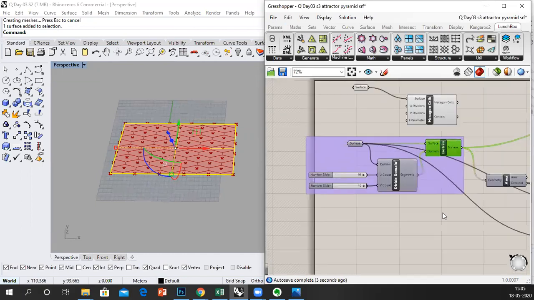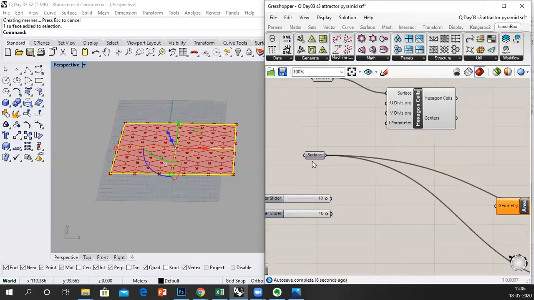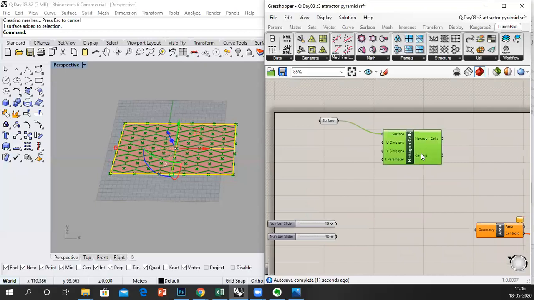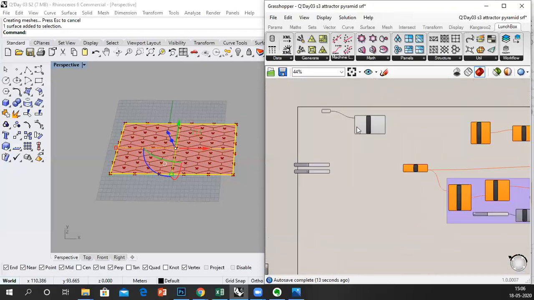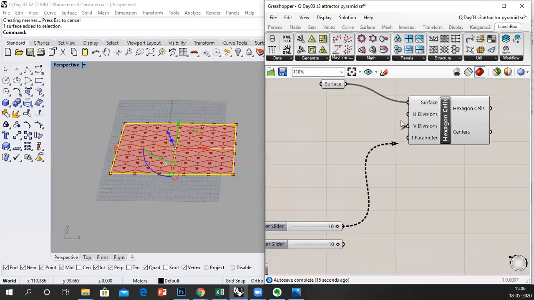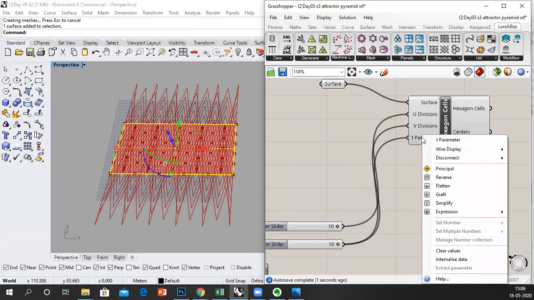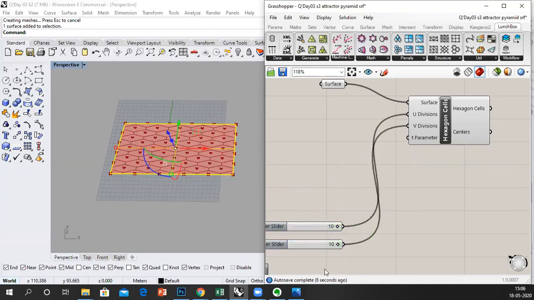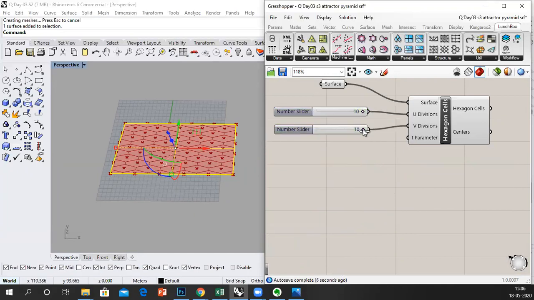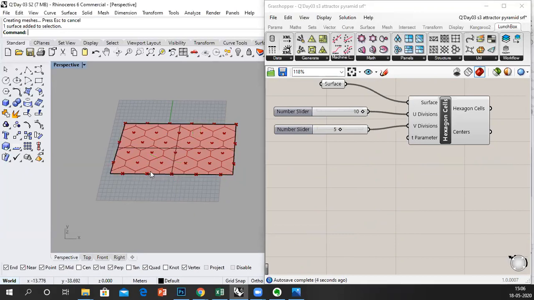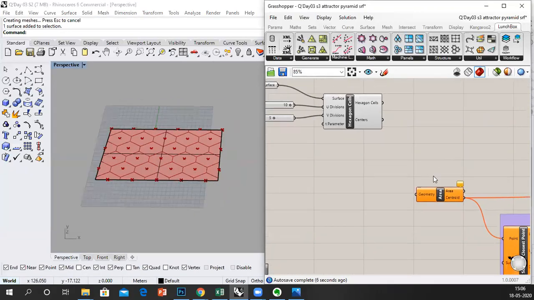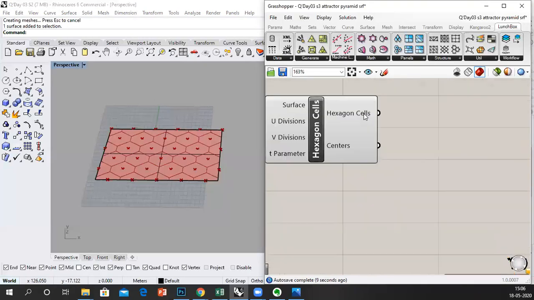So in the isotrim, we can avoid all of this. So connect the U and the V. I've got two of these number sliders. I can just make a hexagonal panel. So I think this should do for now. We've already got the center point.